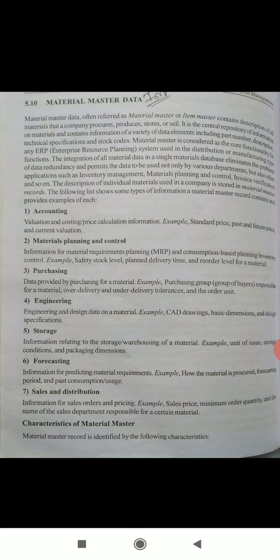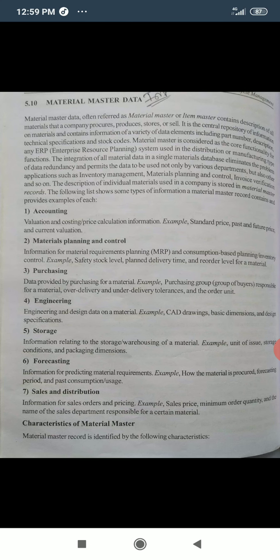functions. The integration of all material data in a single materials database eliminates the problem of data redundancy and permits the data to be used not only by various departments but also other applications such as inventory management, materials planning and control, invoice verification, and so on.